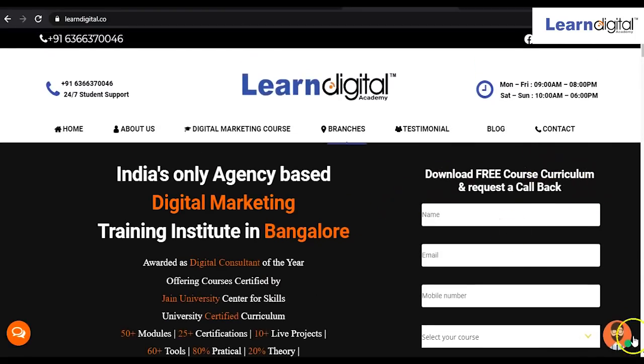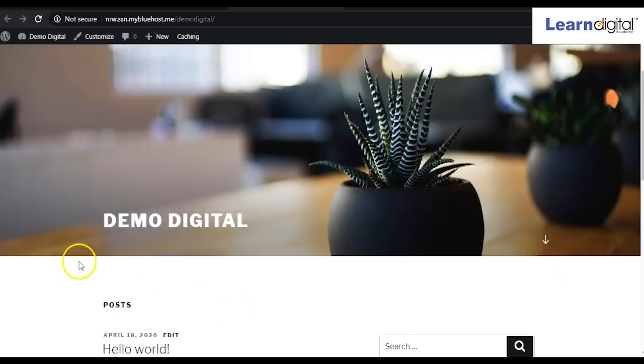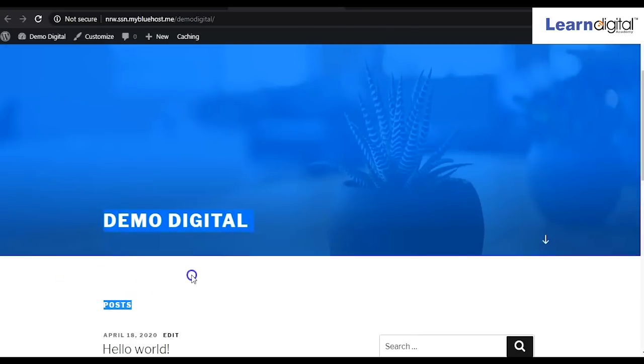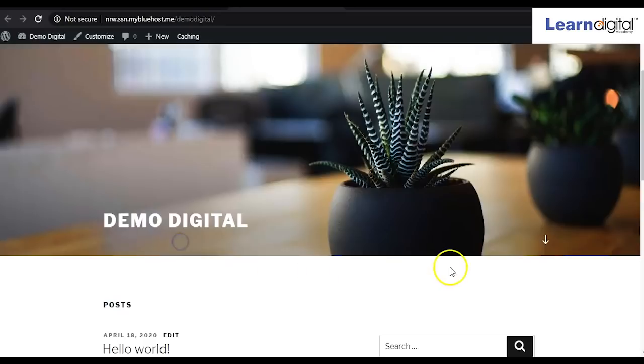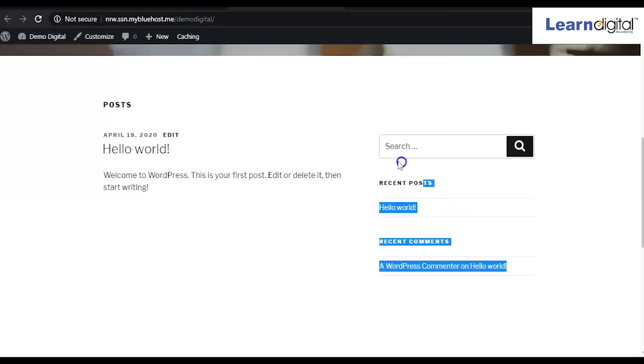And we can say this part is called the sidebar. So simply it is over here. This part is called the header part, right? Up to here, this part is called the header part. This part is called the sidebar. Let me show you.